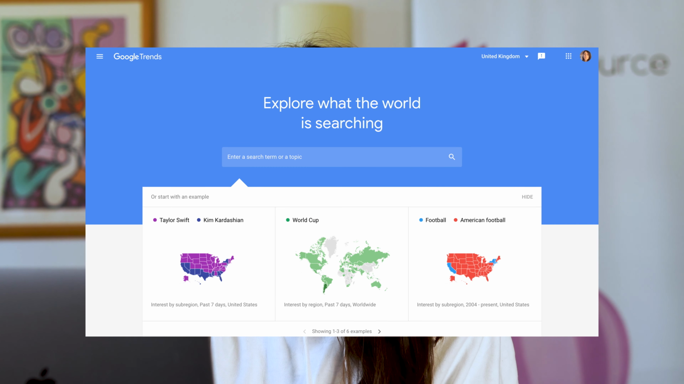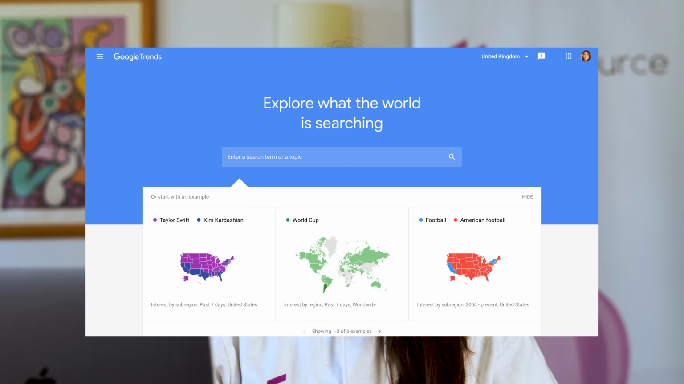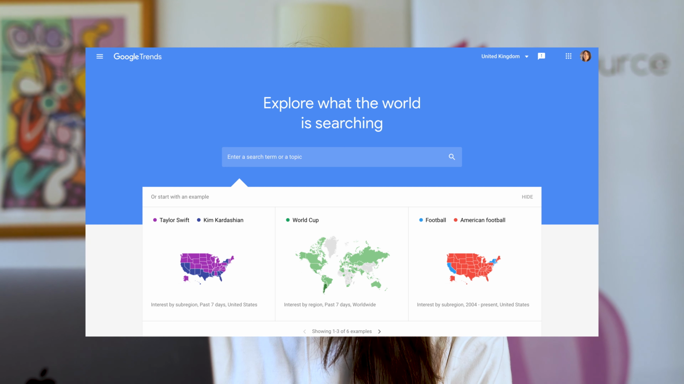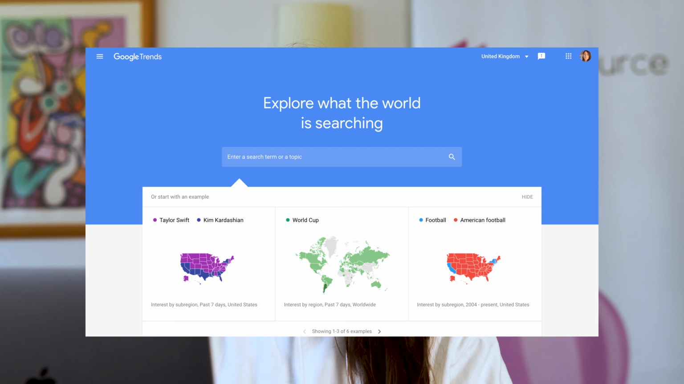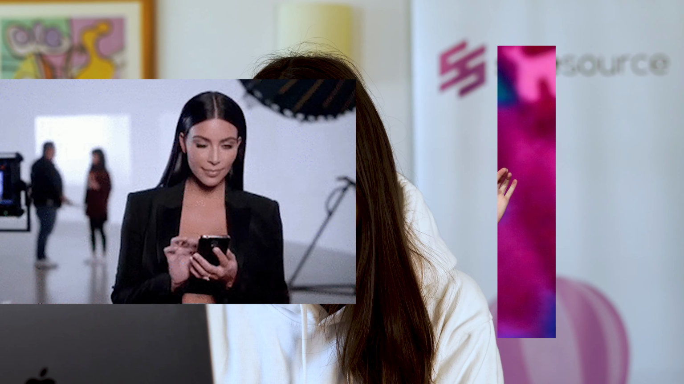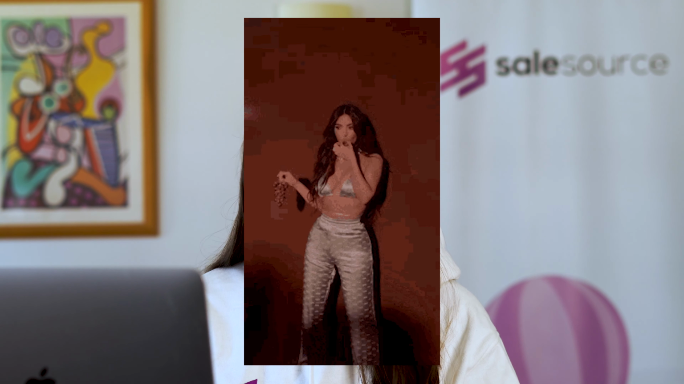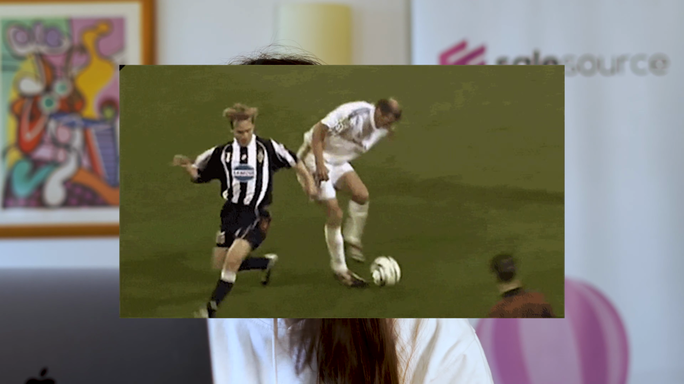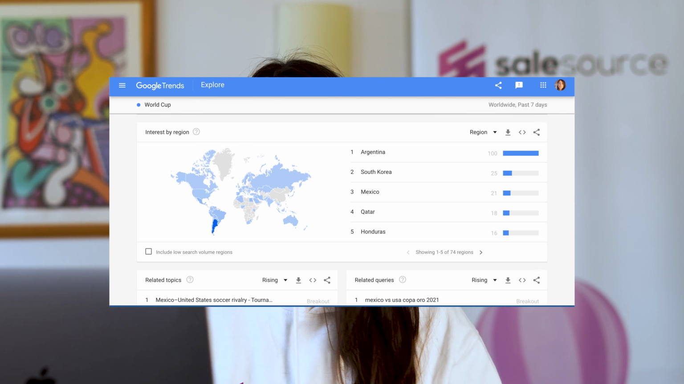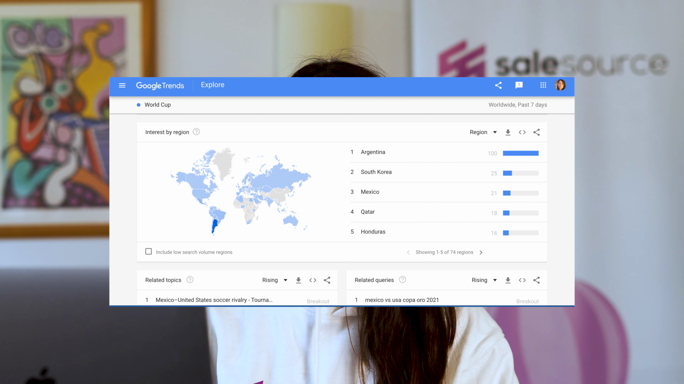So you can see here, you can explore what the world is searching, and you can do this either by topic, or you can see what's trending right now. So anything to do with Taylor Swift and Kim Kardashian, maybe an outfit that they're wearing, anything to do with the World Cup. A lot of football is happening, so that can really give you some good ideas. You can also see where in the world people are searching for these topics, so you can focus your advertising